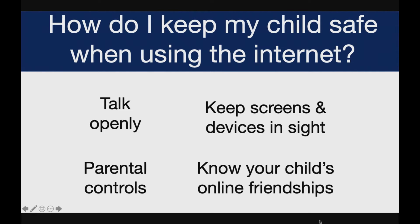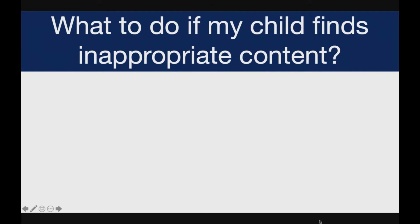But the second biggest point that came up that parents had concerns about was, what do you do if your child finds inappropriate content online? Okay, well, if your child does stumble across something inappropriate online, there's a few things that we could think about here. First of all,